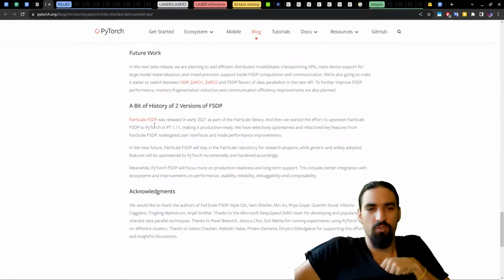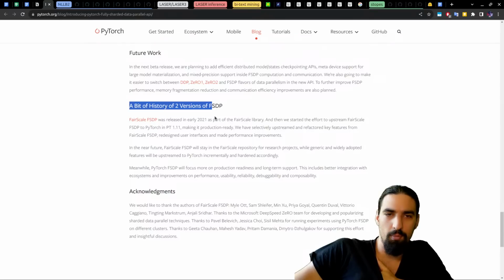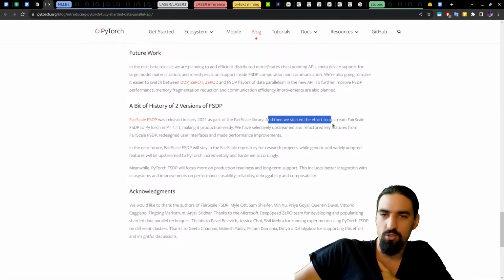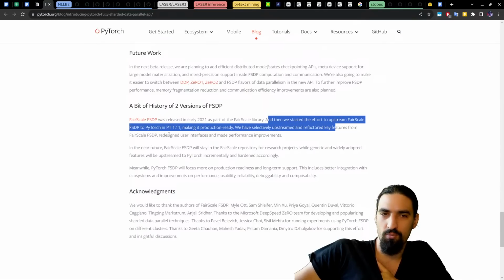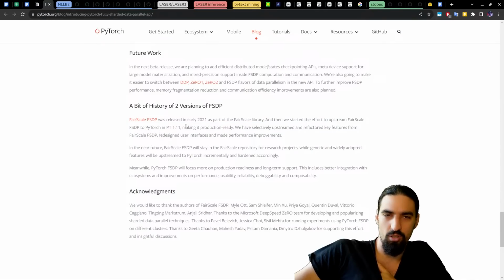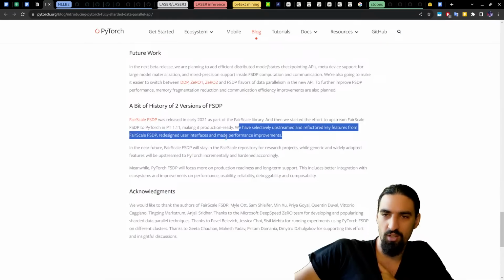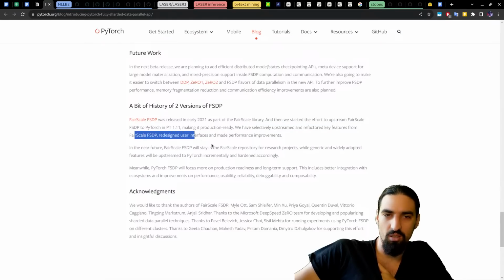So we are using Fairscale FSDP. A bit of history on the two versions. It was released in early 2021 as part of Fairscale. And then we started the effort to upstream Fairscale FSDP to PyTorch, making it production ready. We have selectively upstreamed and refactored key features from Fairscale, redesigned user interfaces, and made performance improvements.